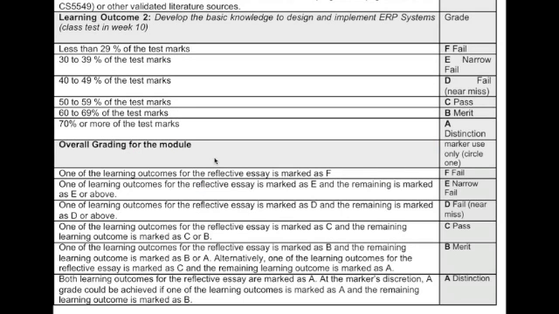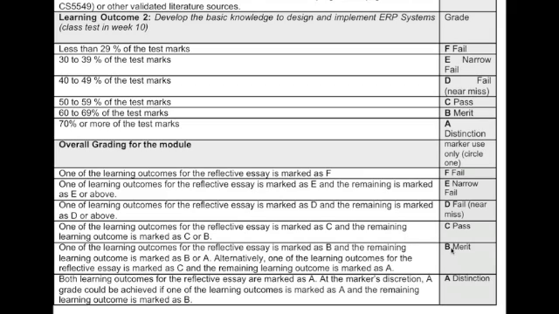Okay. Now, what I want to tell you next is about the overall grade. So you have to be careful here. Learning outcomes are not averaged. You cannot average learning outcomes. Learning outcomes need to be passed. So, in order to have a C, as we can see here on this screen, one of the learning outcomes of the reflective is marked as C, and the remaining learning outcomes are marked as C or B. So you need to have C in both learning outcomes, or C or B, to have a C. Now, in the case you have C or B, it depends on my judgment whether this can be a B or not.